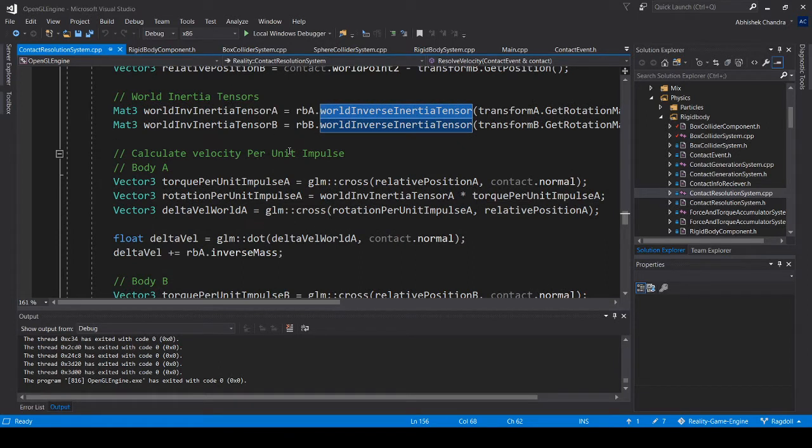So the idea here is that since we don't know what the impulse is for this collision, that is what we're trying to calculate. Once we know the impulse for the collision, we can calculate how much velocity change and rotation change it will generate. Since we don't know that, we do a slightly roundabout way of calculating that. Instead of going directly from the physics equations and calculating the impulse, first we actually calculate the velocity change that would be caused by a unit impulse. So if there was an impulse literally of magnitude 1, what would be the change in velocity that would introduce,